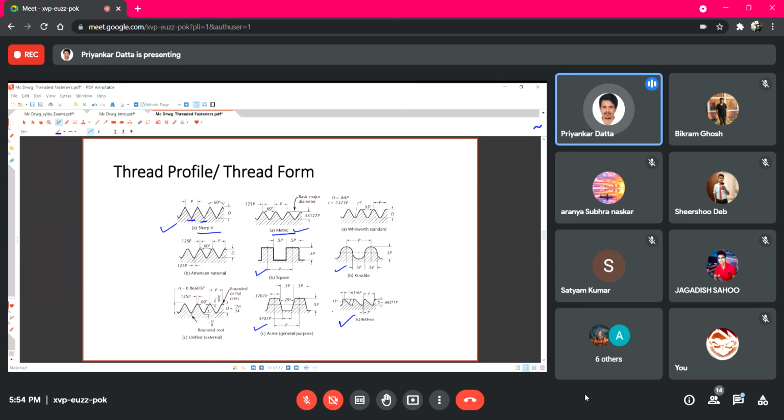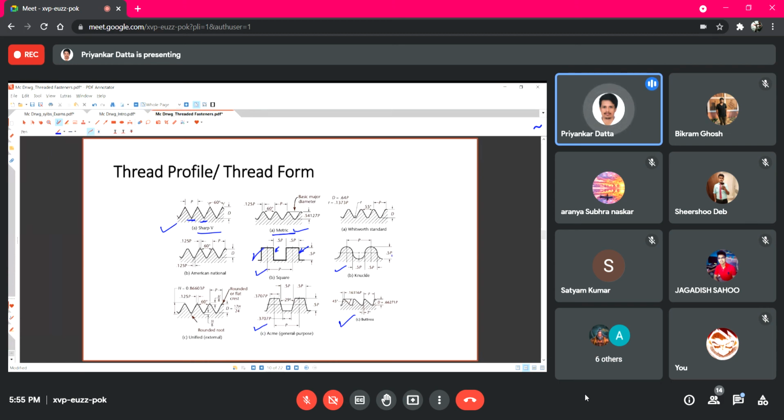Here you can see these are the load carrying surfaces of the thread, and since they are perpendicular with respect to the axis of the bolt or nut threaded component, their load carrying capacity is much higher. So that is why in screw jacks and all, these kind of square threads are used.